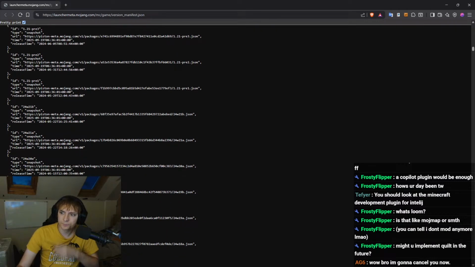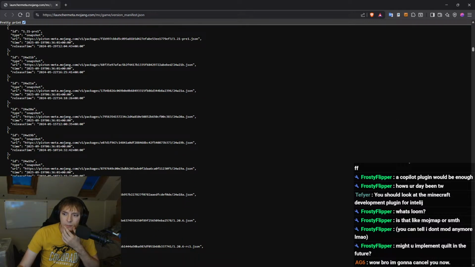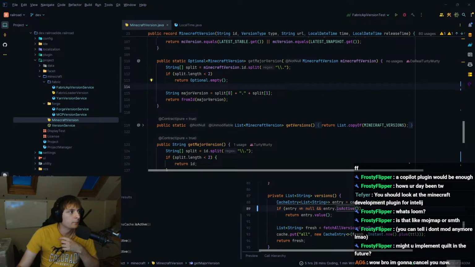No. So if we look here at the last snapshot in 1.20, or the last version in here, it's this one. There would be no way to know if this is for the next version or not. I think we just bump it up by a minor, and then if it turns out in the future to not be, then I guess it just fixes itself anyways, because it'll recalculate, right? So I think it's probably fine.